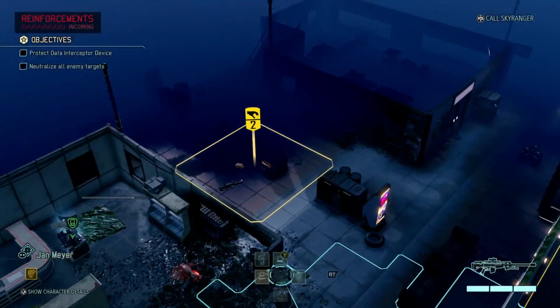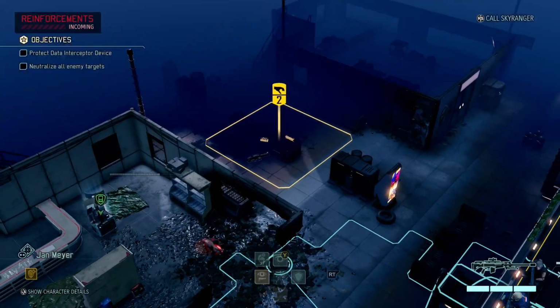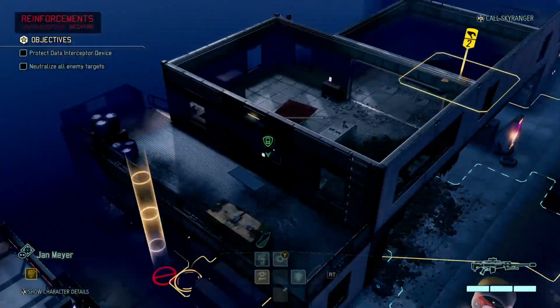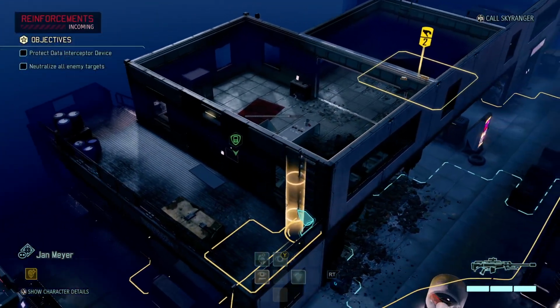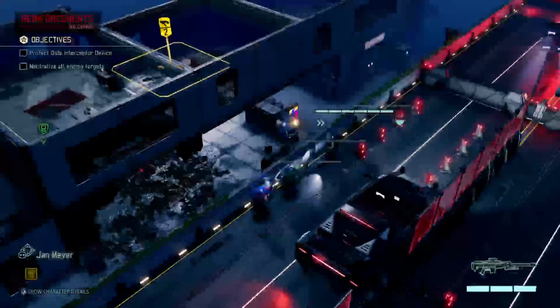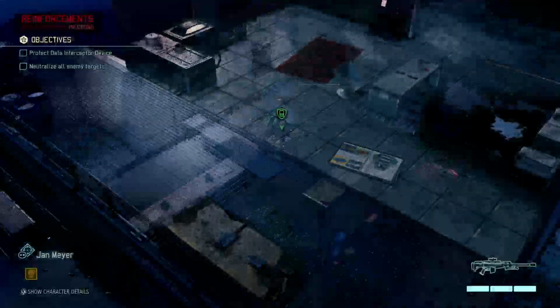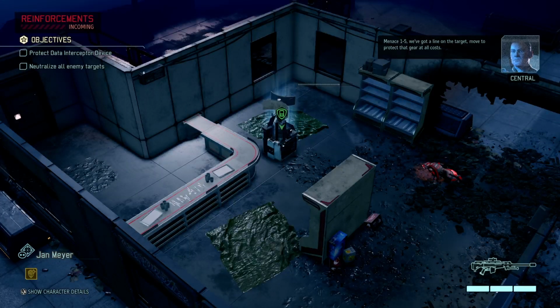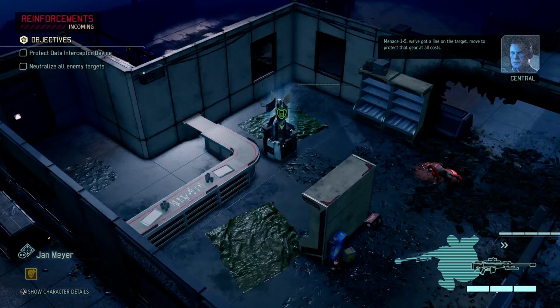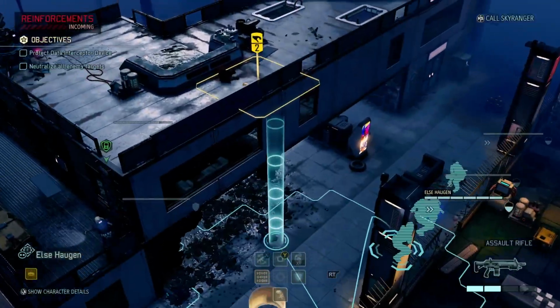Do we want to stay here? I think first things first. I'm going to go... Okay, so I can't quite reach there. Let's plonk ourselves here. I want to get whatever that was that we dropped. Menace 1-5, we've got a line on the target. Move to protect that gear at all costs. Okay, and I think that maybe what we could do...